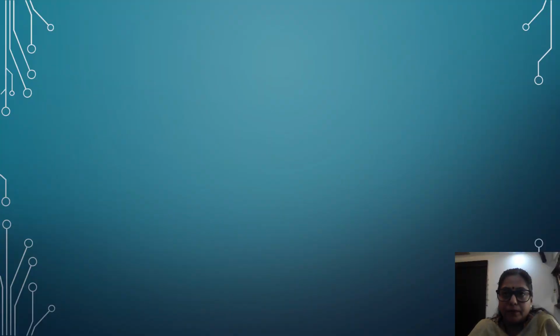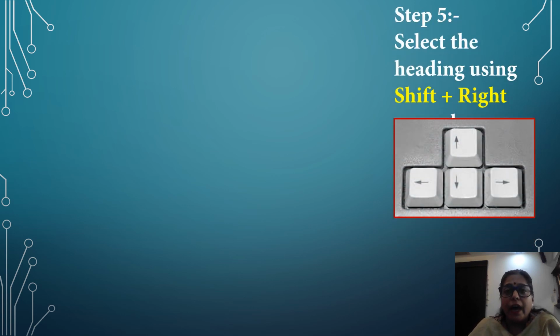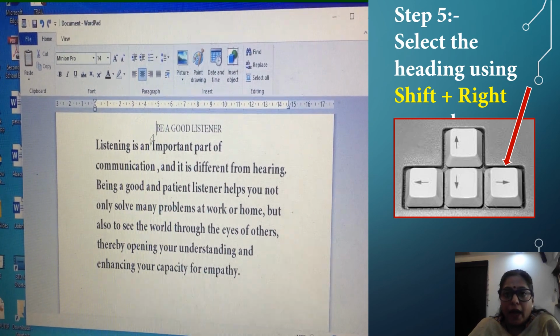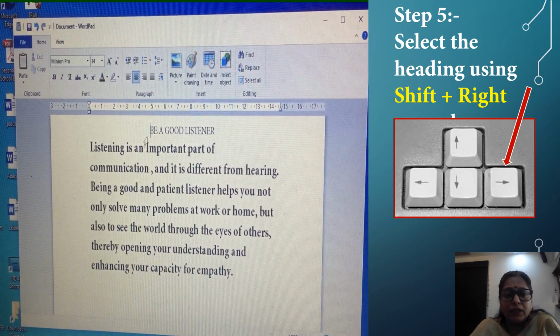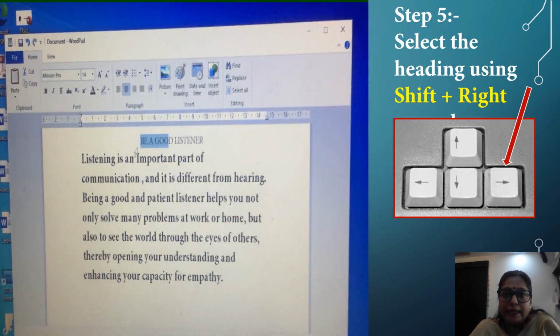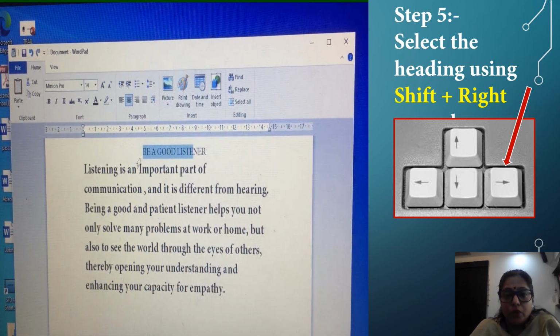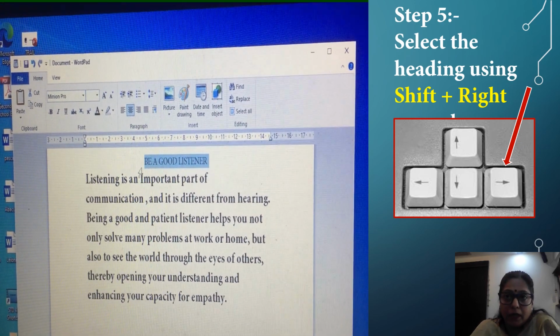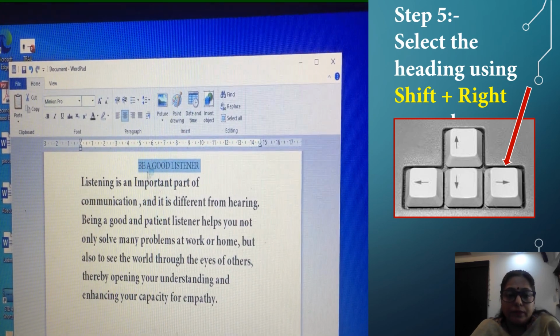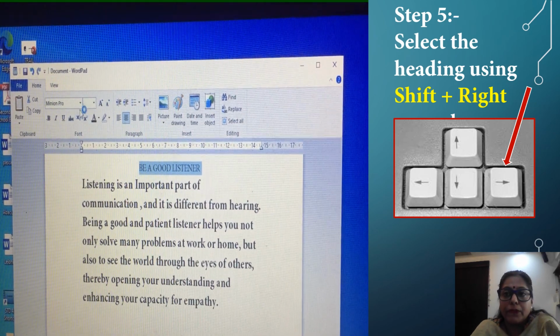Step 5. After typing the paragraph, we have to do some formatting in the paragraph. For that, we have to select the heading, Be a good listener, using Shift plus right arrow keys. Understand, students?